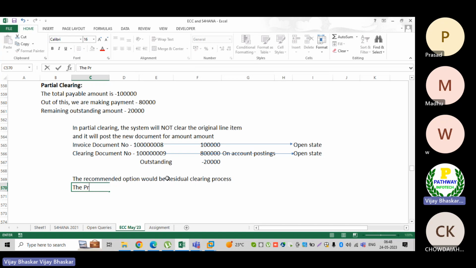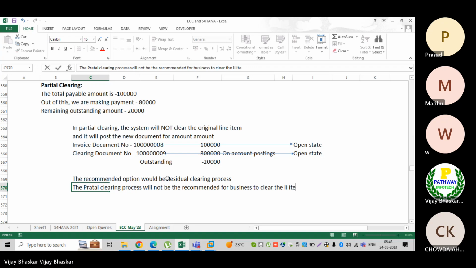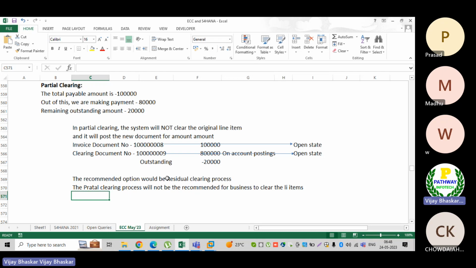The partial clearing process will not be recommended for the business to clear the line items. Remember, this is an important question for your interview also.